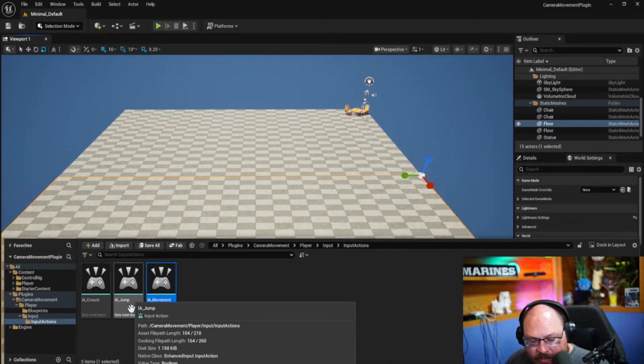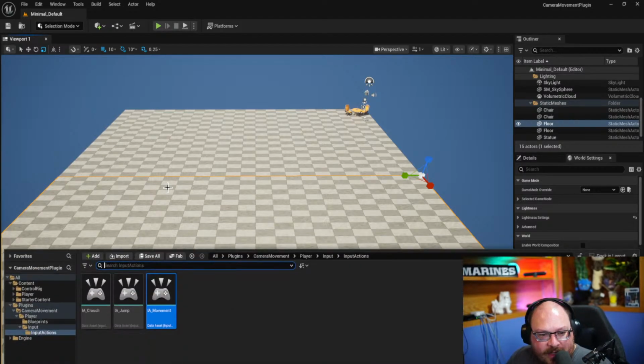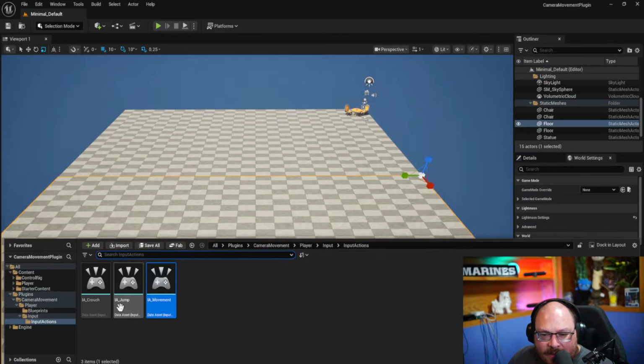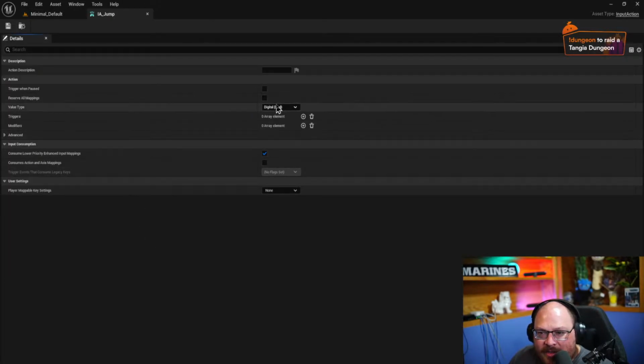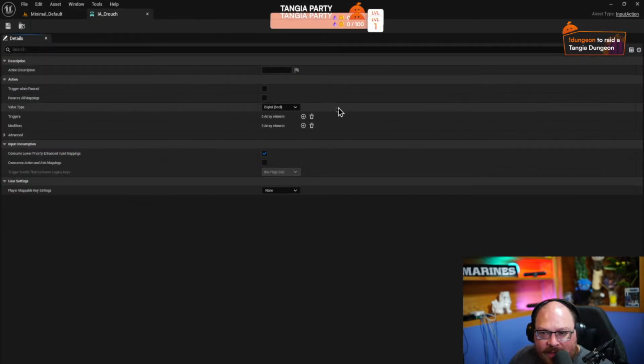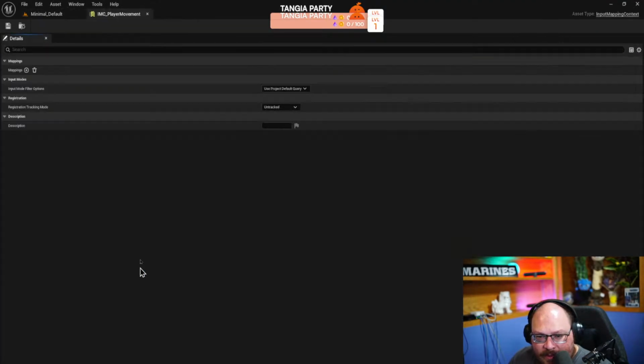So I'm hitting Control Shift or Space to open up this, because I like to be able to have a wider screen. You can still dock in the layout, but I think it takes up too much. So I always hit Control Shift. And this is a digital bool, which we want. So you can either hit it or not, and the other one is going to be the same thing. That's it by default, so we're fine there. Then we can go back out to our inputs, and here we can add our